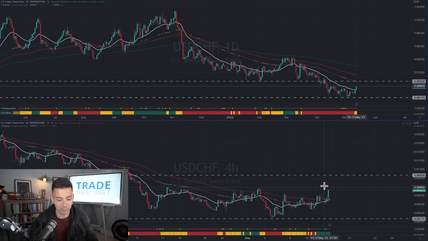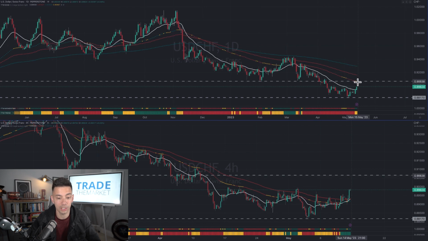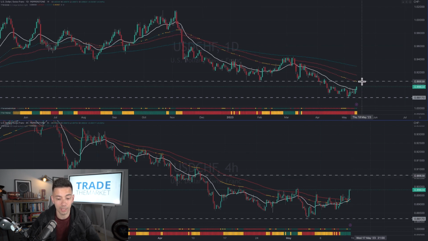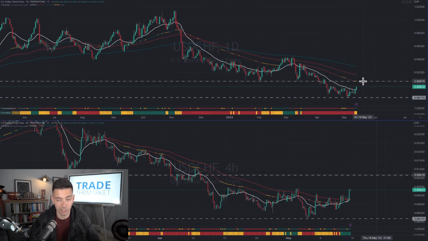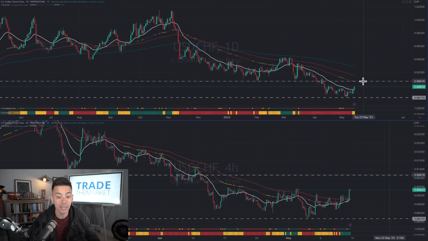So from that perspective, I'm going to ignore the 4-hour chart. I'm going to focus on the daily chart, wait for the market to come up to that level, the 0.9067. Then once it gets there, I'll look for some bearish price action to be able to get me into that position. If the market smashes through there, I'll still be a seller when we get to the next support level, which is this guy over here at the